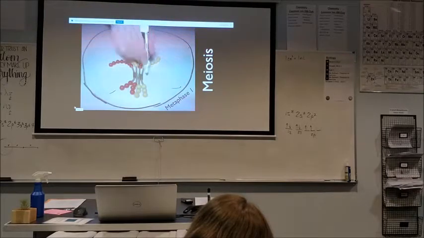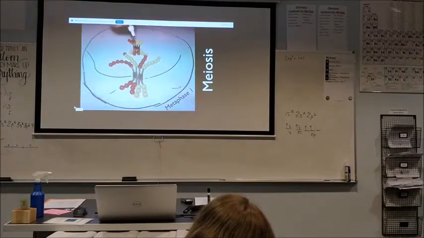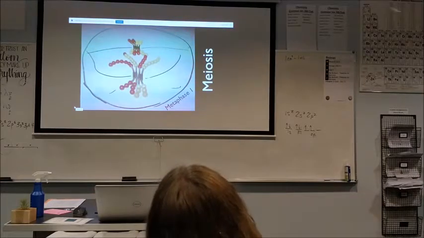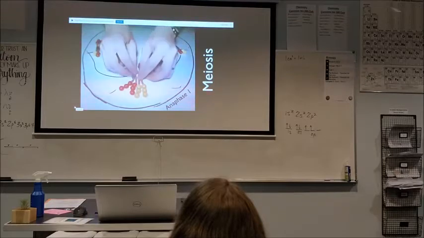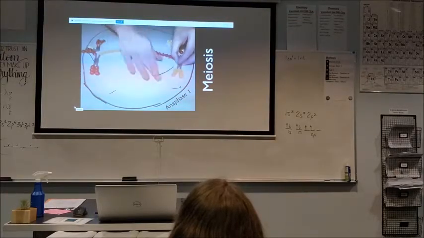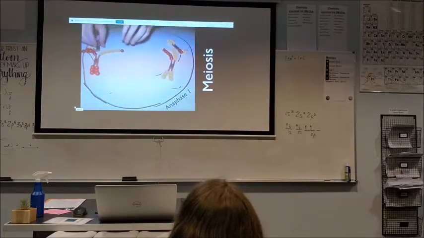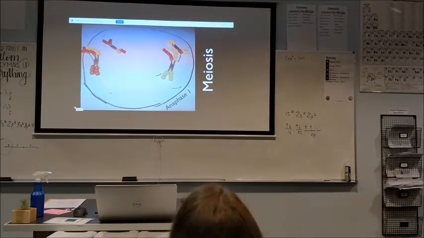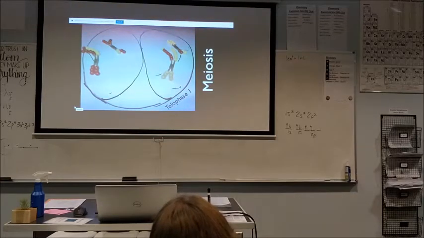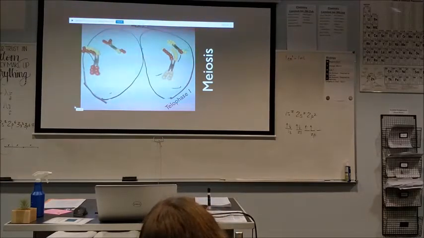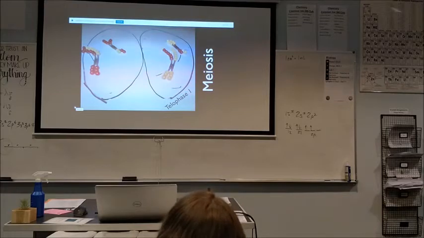Okay, so now what happens next? We're going to attach a spindle on each of these. So there's going to be a spindle here, and there's going to be a spindle here. And that spindle is going to, during anaphase 1, pull them apart. So these are going to pull apart, and these are going to pull apart to the side. Now what happens next is we form two new nuclei. So I'll do that like this. So we form two new nuclei. And now the next thing is we don't go through another interphase. There's no interphase, but what happens next is it will actually